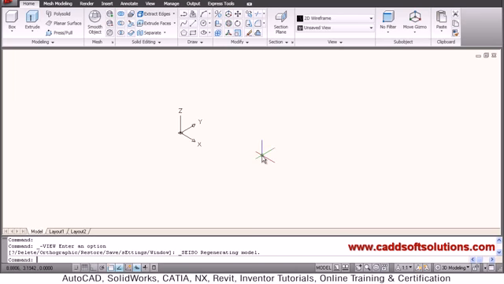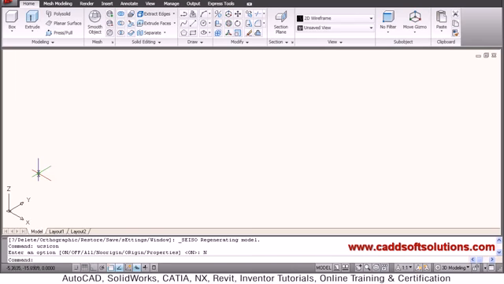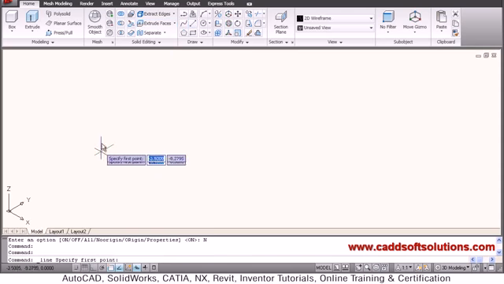Then for this UCS icon, use the UCS icon command, then say no origin, so it will be shifted to the left side. Then we have to create a rectangle, so just take the line command and create a rectangle of